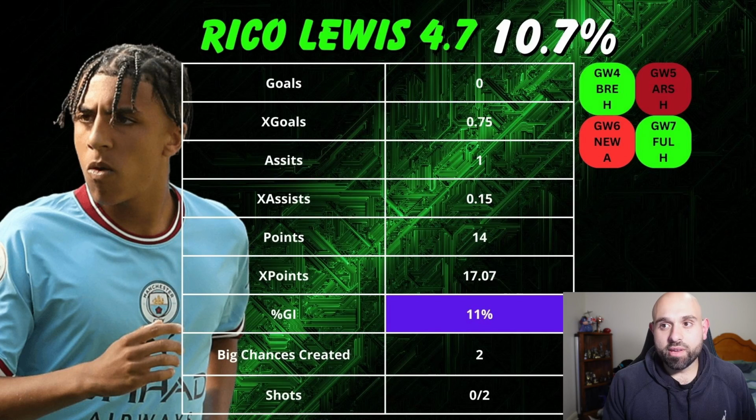Pep Roulette's going to be a thing. Will he start the rest of the season? No, he's not going to start the next 35 games. But with the way that he's playing at the moment, you just need to roll the dice, I think, with Rico Lewis. He's the most attacking of the 4.5s. He's going with Leif Davis with attacking data, and he's also got the clean sheet potential there with Man City.